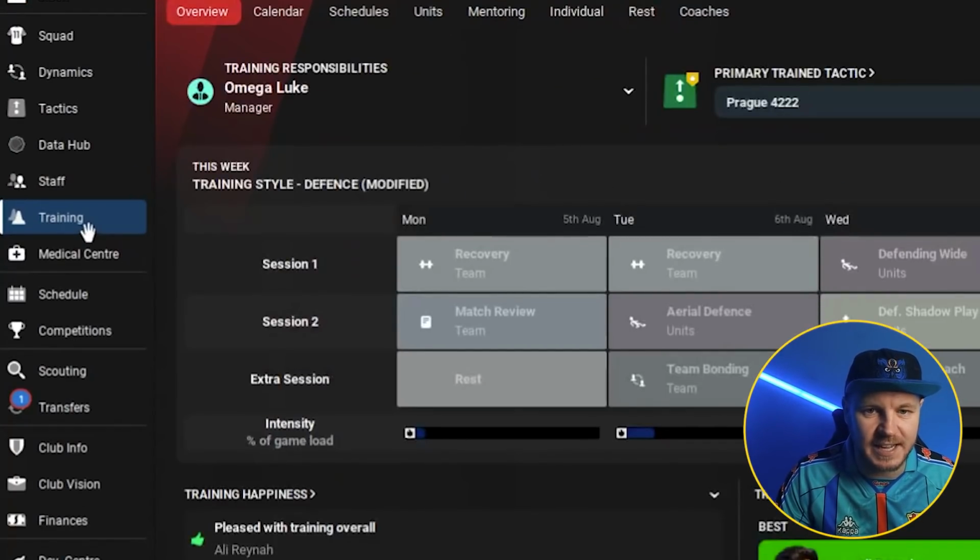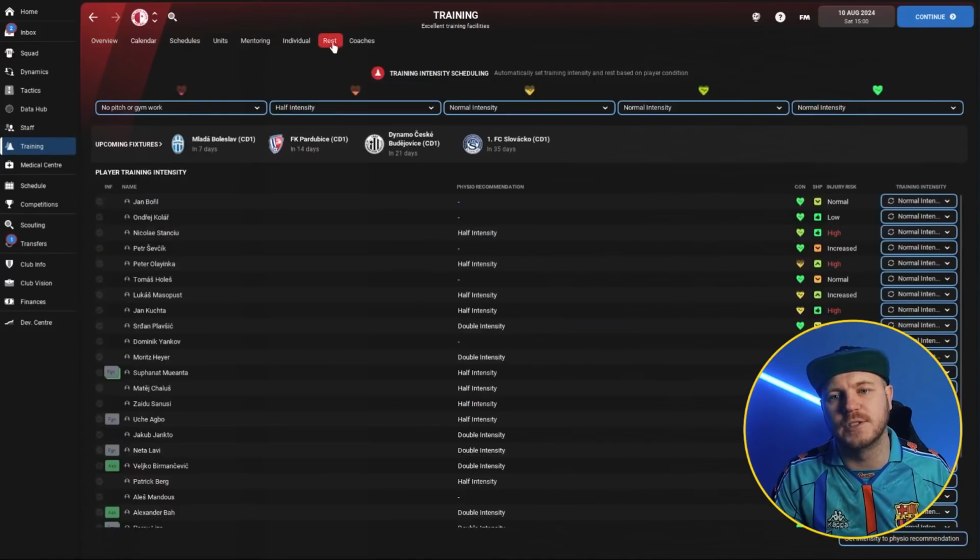Now, the final tip I have for you revolves around training again, but this one is slightly easier. Are you finding that, if you've got more cup games, maybe you've just qualified for Europe and your squad is a little bit bare, you don't really have the players to rotate, you're having to field players with not very great fitness? If you come to the training section on your left hand side here and you go over to rest,